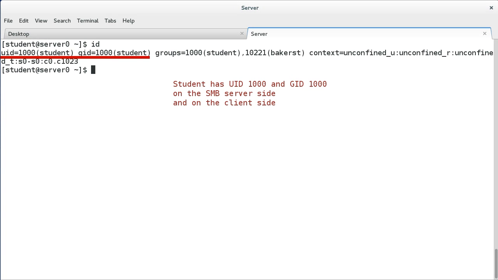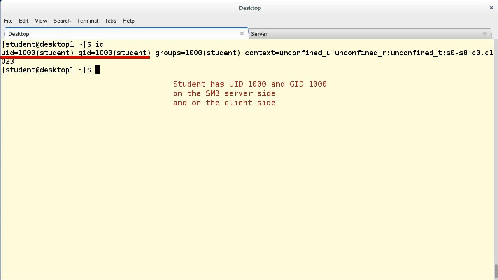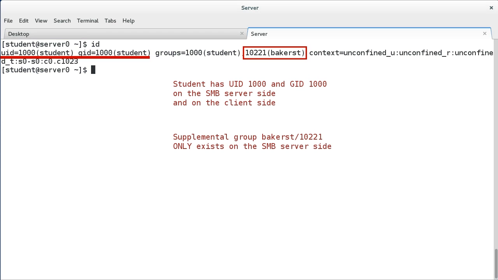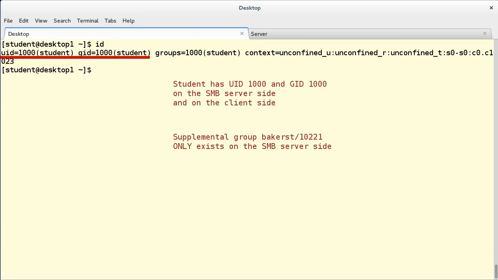It is worth noting that UID and GID checking occurs on both the server side, that is, when trying to access a file, and also the client side. This typically means that the UID and GID values, potentially including supplementary groups, need to match on both the server and the client. Again, there are mount options that can be used to help manage this issue, but I won't cover them here. Check the man pages or browse articles on SMB authentication on the Red Hat customer portal, located at